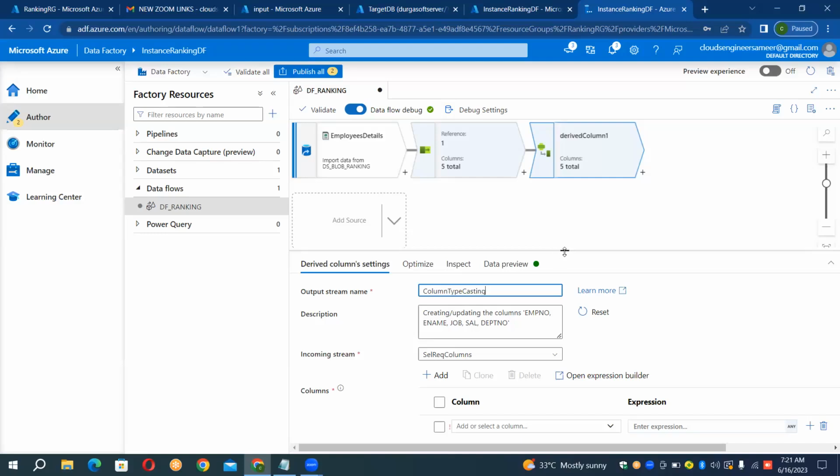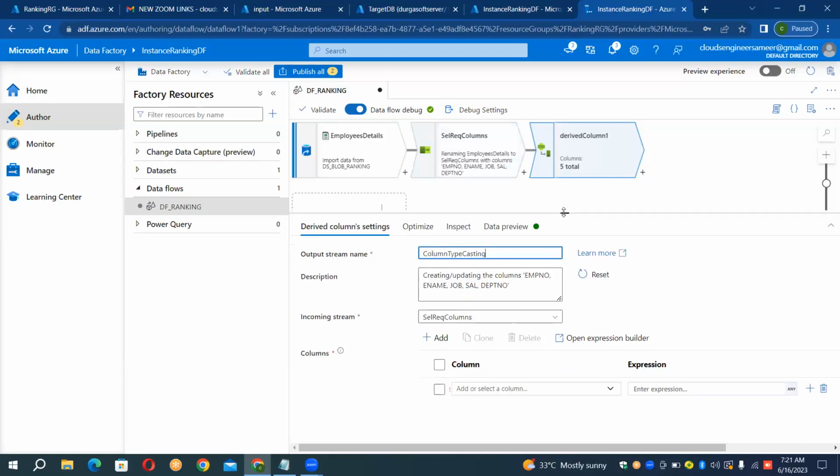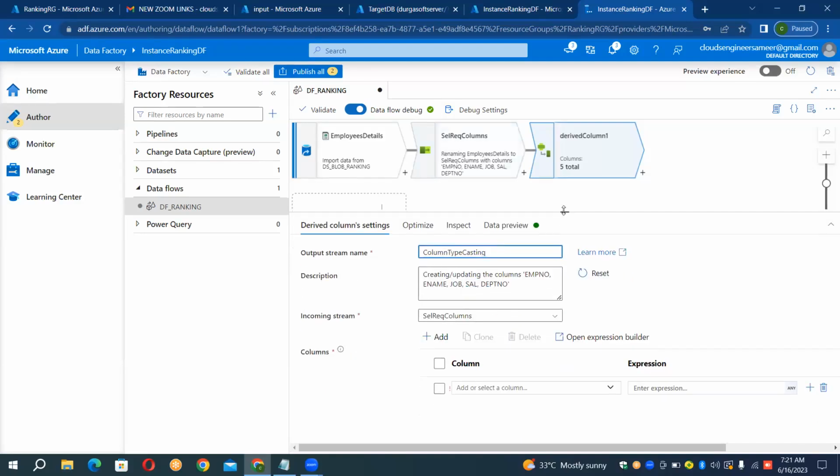Typecasting means changing the data type of the data. So add or select a column. So here you can see. Can you see here? And yes, first of all, what I will do here is